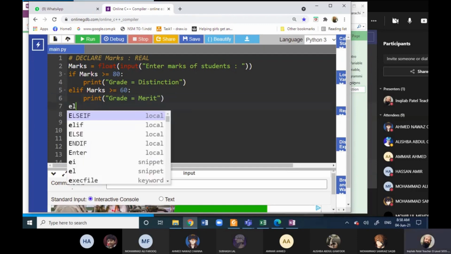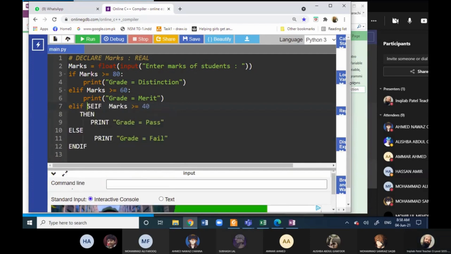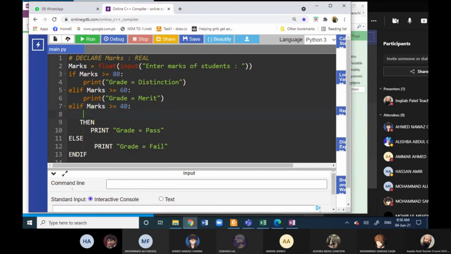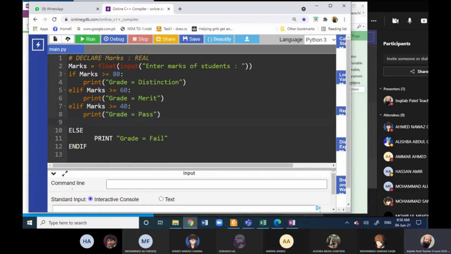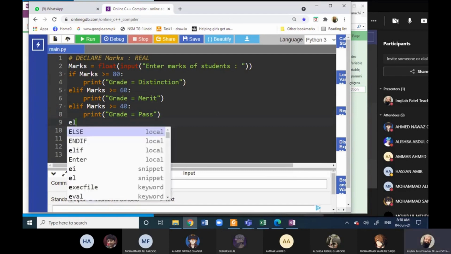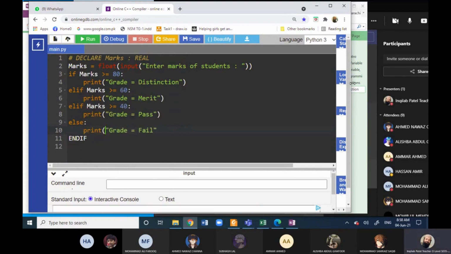And again elif, because there is another condition. And at the last we will write down else. And we know that in Python there is no ending keyword.